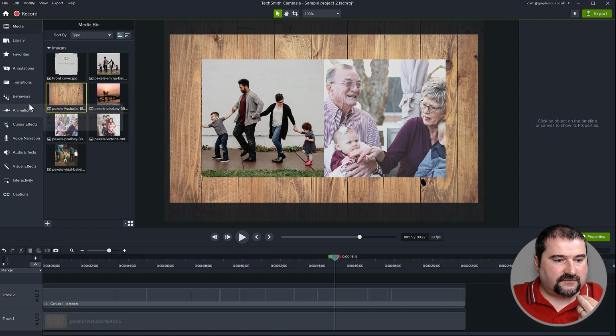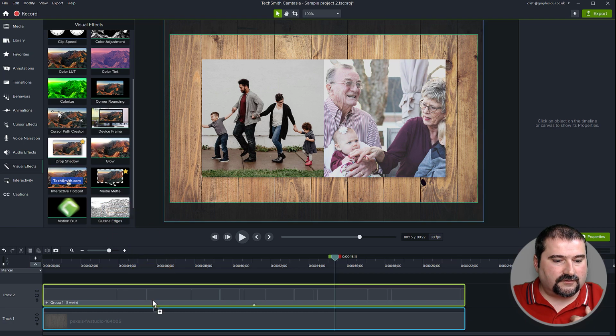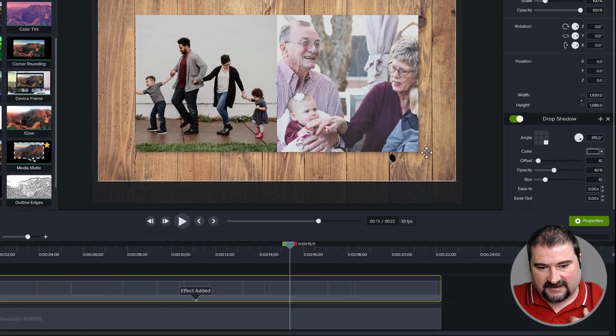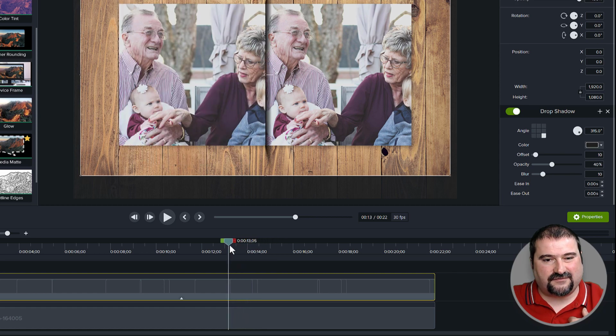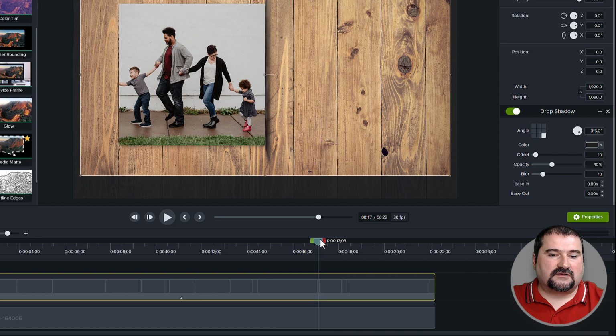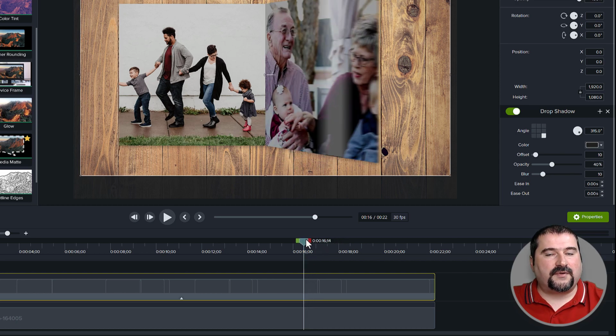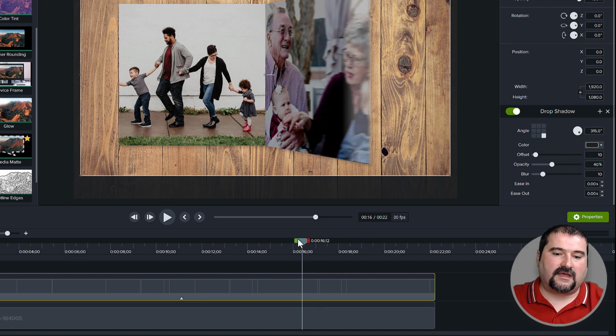So what you can do is just go to the visual effects, use the drop shadow, add it to the book, and you see now it's kind of sitting. The difference is it's going to have a little shadow as it moves up, but it's not very noticeable. You can actually make that more interesting by creating a shadow for every page inside of the group. I'm not going to make this video any longer, but that will make the shadow move with the page and be flat on the table. So kind of a different effect there.